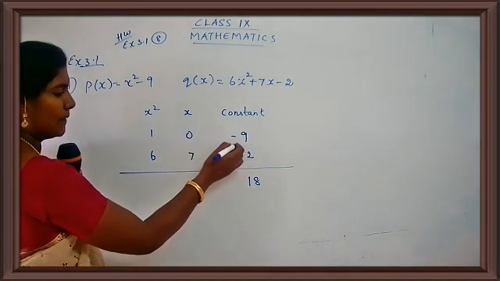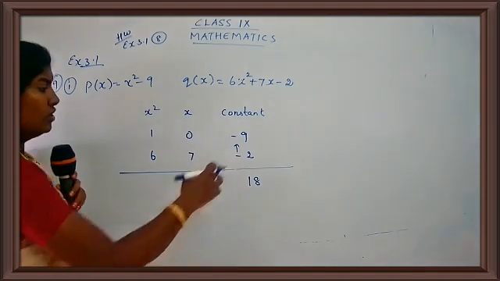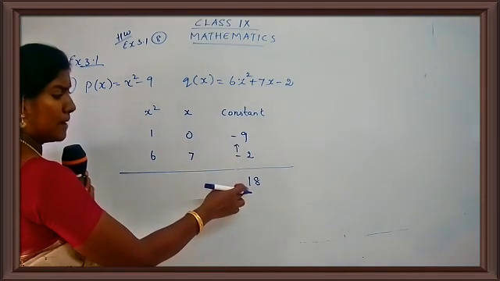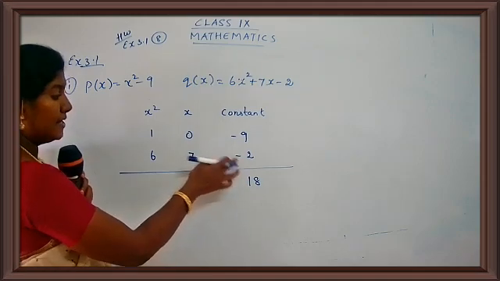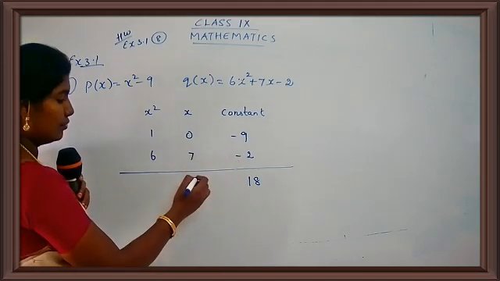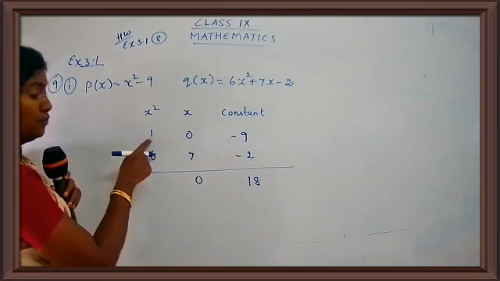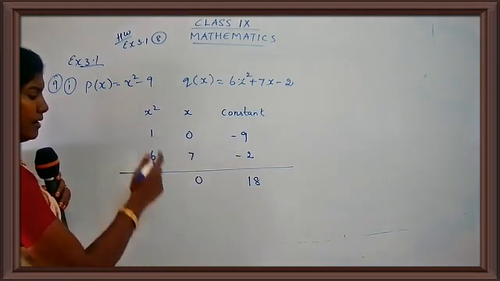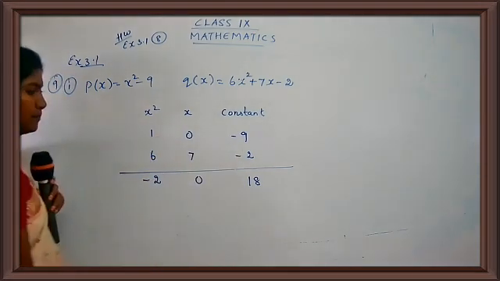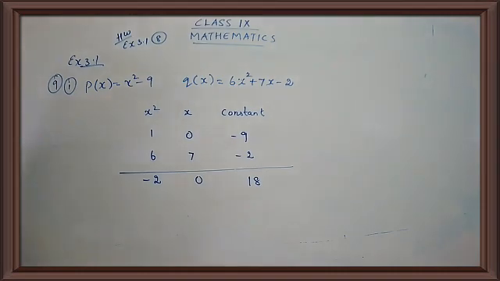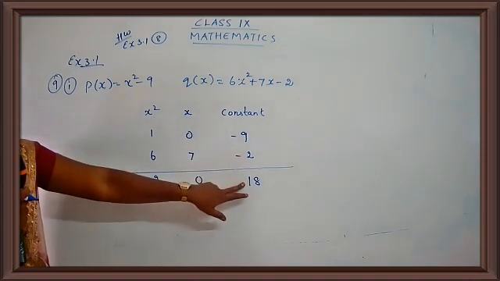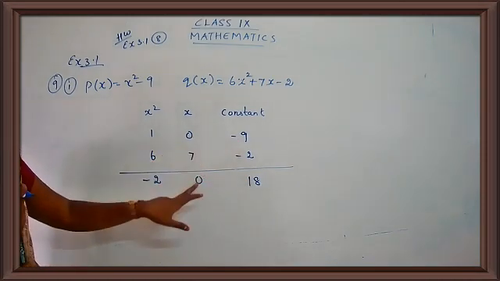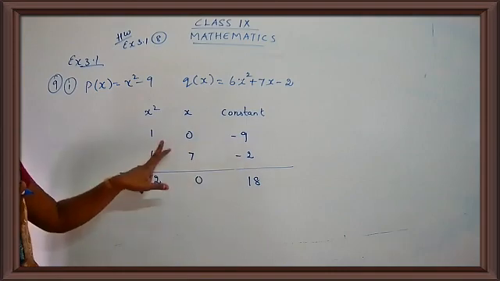Now, minus 2 into 0. I'm just going to multiply like normal multiplication. So, minus 2 into minus 9, that is plus 18. Minus minus will turn to plus. Minus 2 into 0, that is 0. Minus 2 into 1 is minus 2. Is the first step clear to you? We have multiplied by minus 2. So what I get here? Minus 2 into minus 9 is plus 18, minus 2 into 0 is 0, minus 2 into 1 is minus 2.